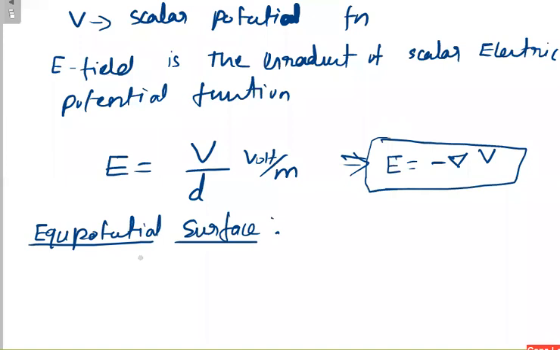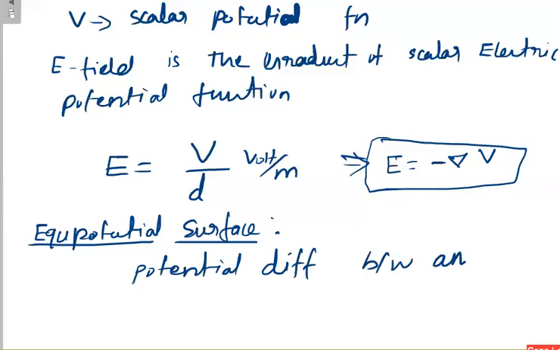What is an equipotential surface? You take any surface, and the potential difference between any 2 points is zero. That is called an equipotential surface. You take any surface, the potential difference between any 2 points is zero. Okay. For example,